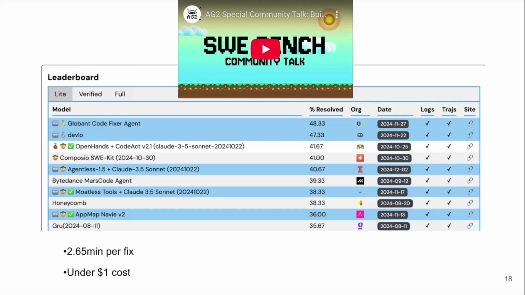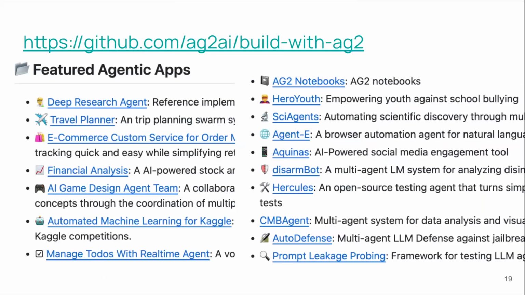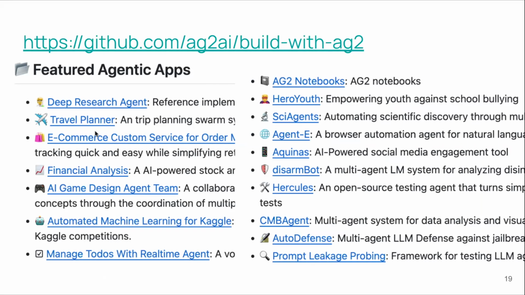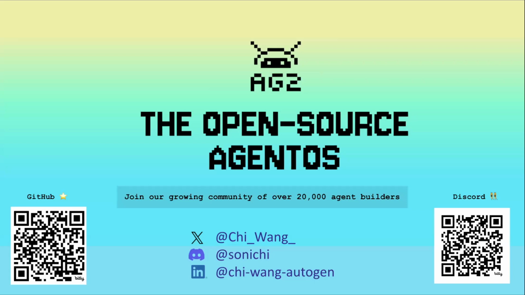So that's highly impressive. And you can find other interesting talks like this. And we also have a repo called Build with AG2 that contains reference agent applications and also external project pointers. It's still under construction, so it's definitely far from complete, and we hope to complete that over time.